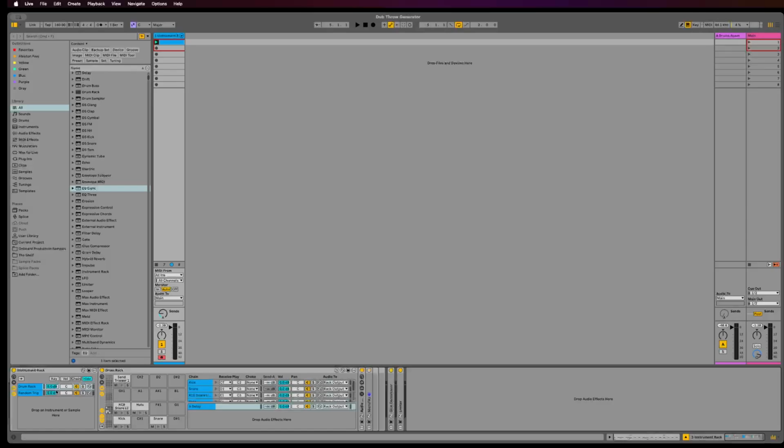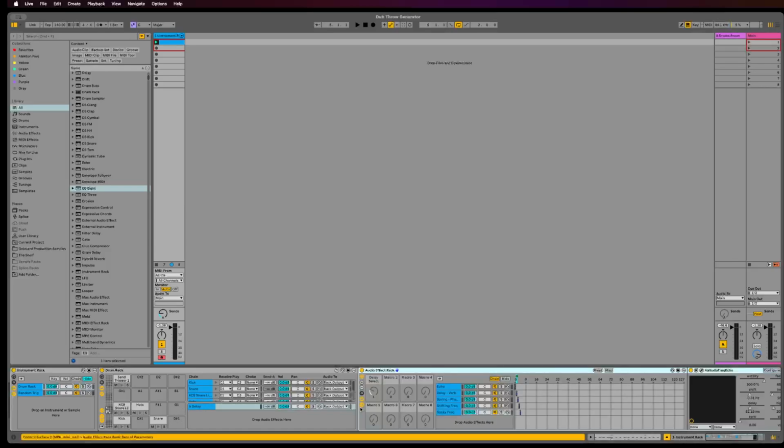The idea is basically that I've got a return channel here, and in that return channel are several different echoes and reverbs and effects available to me. Every time a snare hits, it's randomly selecting one of those chains, and every time a snare plays, there is a percent probability chance that the snare will be sent into this chain. So if we come over here, we can see that